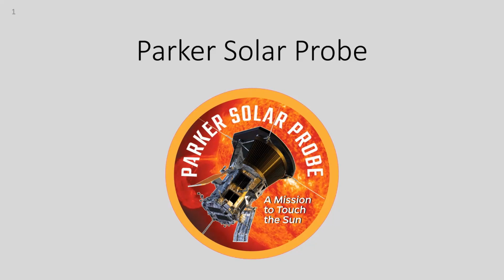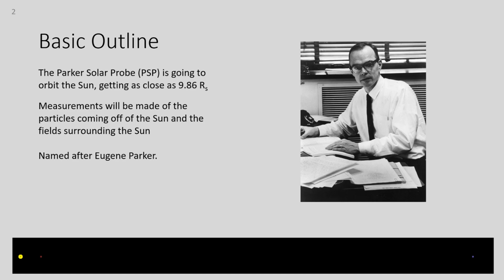Let's begin with the Parker Solar Probe. So, the basic outline of the Parker Solar Probe, or PSP, is that over 7 years it's going to orbit the Sun 24 times and will cost about $1.5 billion, getting as close as 9.86 solar radii. So it will measure the particles coming off the Sun, the fields coming off the Sun, as well as imaging the solar corona. It is named after Eugene Parker, who was the person who first predicted the solar wind